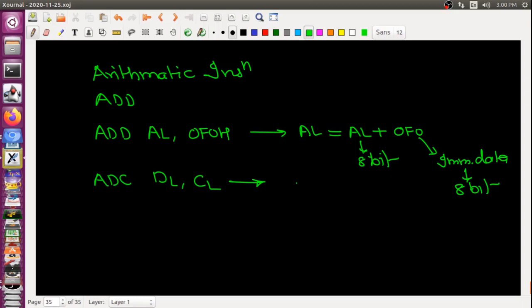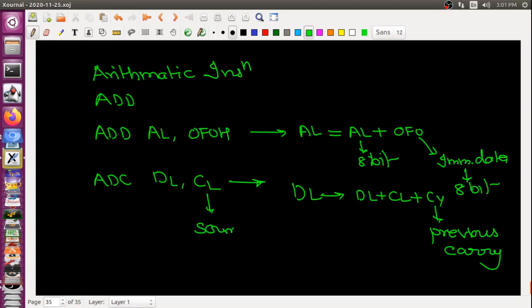The final DL value will be DL plus CL plus carry. The previous carry we have will be added with the DL and CL contents, and the final result is stored in the destination, because this is my source and this is my destination.